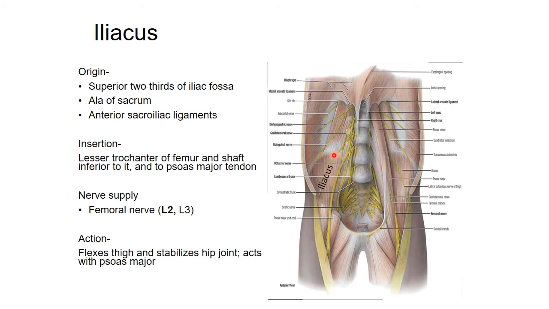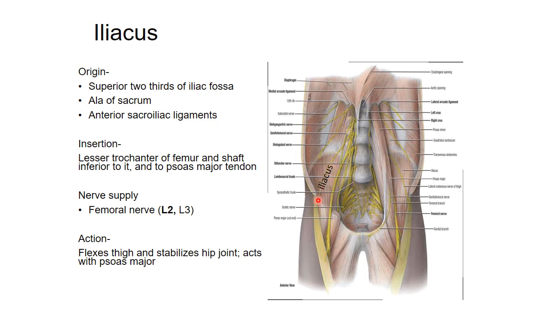This bony marking that you can see, this is the iliac crest. And over the surface of the quadratus lumborum and iliacus, you'll see all these nerves, they are branches from the lumbar plexus. Okay, so about the iliacus muscle, naturally, as the name suggests, it is in the iliac fossa. So the superior 2/3 of the iliac fossa. You have done the hip bone, you know what the iliac fossa is.